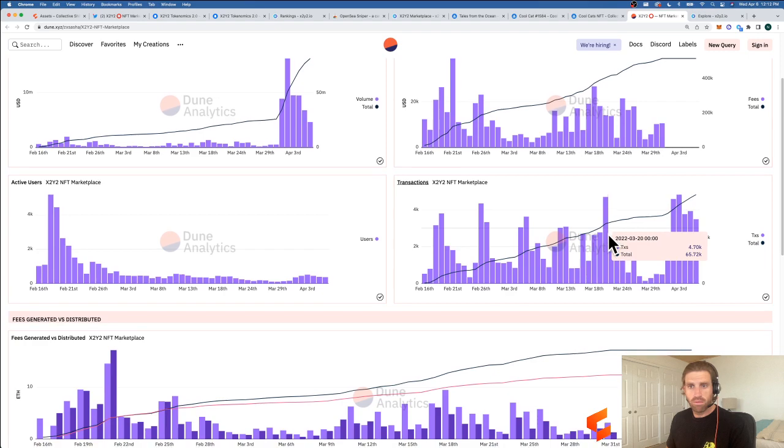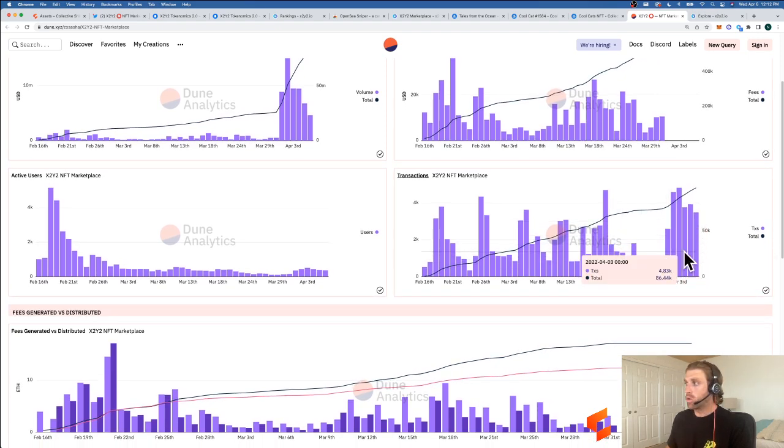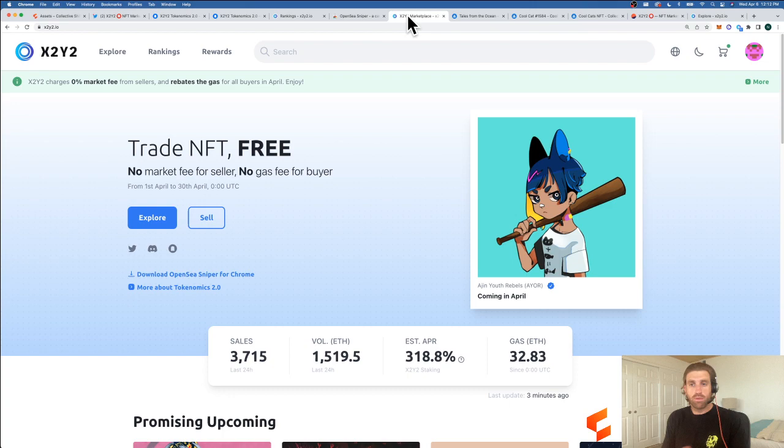The last chart I want to show you, and we've seen an increase in transactions in April based on the promotion. So more action, more activity, more volume is coming to X2Y2. Looks like the promotion's working, and we wanted to let you know about it as well so that you can take advantage and save gas fees automatically if you buy and sell, or excuse me, if you sell an NFT on X2Y2. You're saving 2.5% straight off the bat in April, because 2.5% is the fee charged by OpenSea, 2% for LooksRare. So automatically, if you want to sell an NFT, you're saving a couple of percent